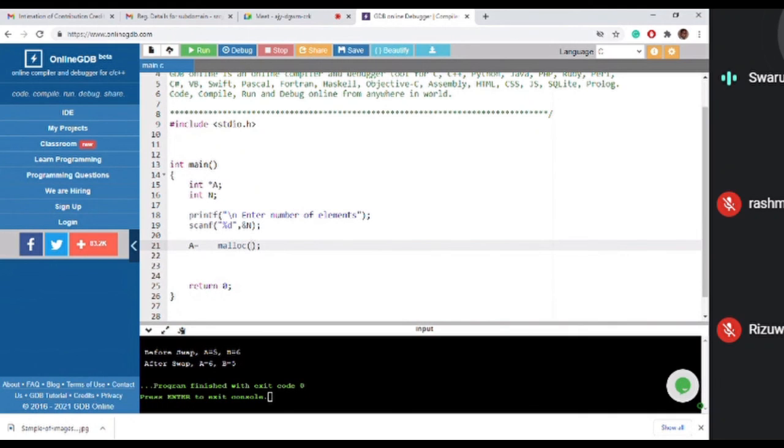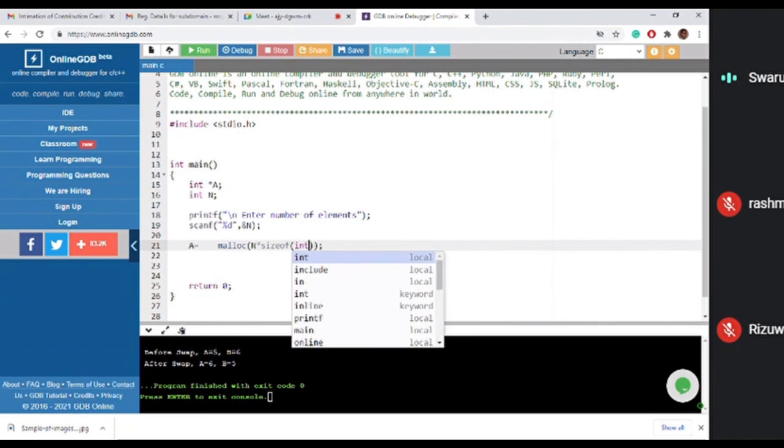Size in terms of some numerics. I need n elements array and each element is of size integer. So कैसे करेंगे? n into साइज ऑफ, क्योंकि हम लोग को पता नहीं है कितना इंटीजर है इसलिए लिख दिया.